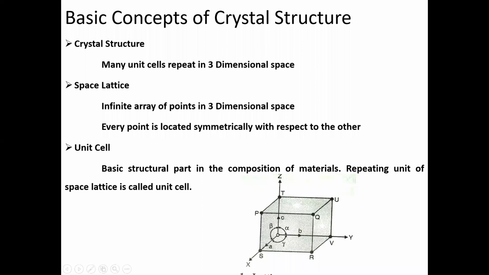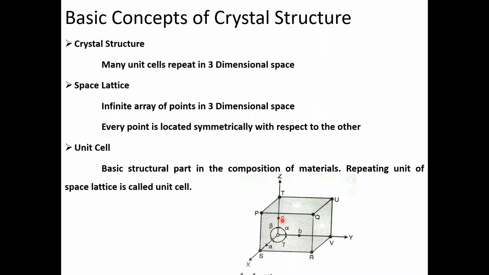So here, the pointer is there. Just a minute. Okay, so this is the x direction. This is the origin of this cube. In the x direction, the a vector is there. This is the y direction, so in the y direction the b vector is there. This is the z direction, so in that direction the c vector is there.